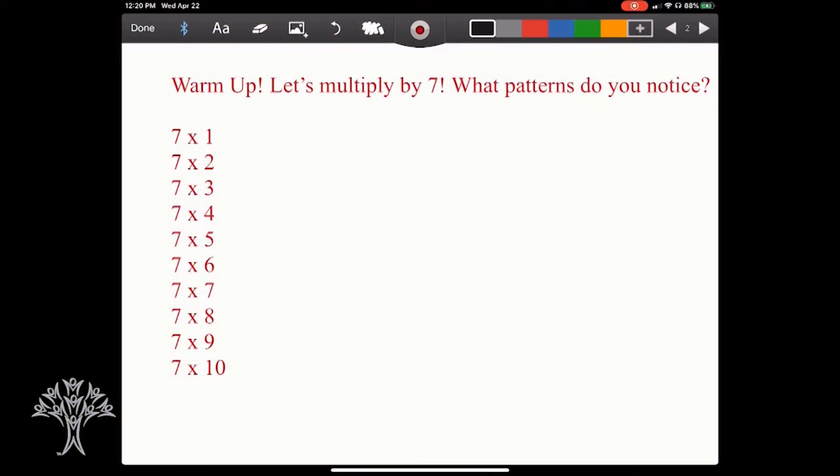All right, so hopefully you have all the materials that you need to get started. I thought we'd do a little warm up with a multiplication series of numbers. So talking about multiplying by sevens. What I'd like you to do, either mentally or on your piece of paper, jot down the answers to these problems. I will pause for a moment just to give you a moment to think about those. I also want you to think about any patterns.